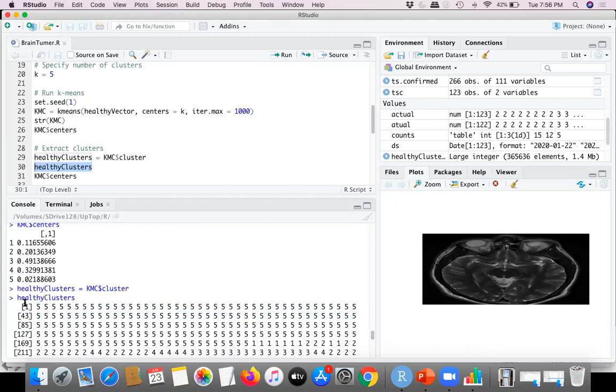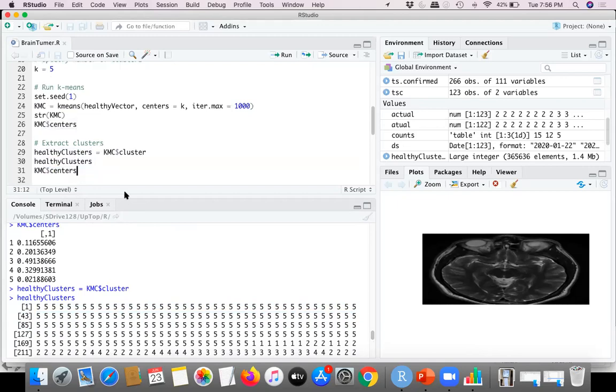These are the different columns, the first one is 42, then it starts from 43 to 84. So each observation went to a particular cluster, and this is represented here. So let's go ahead.